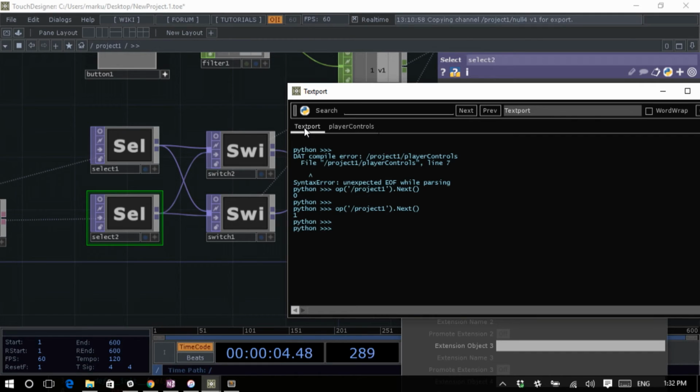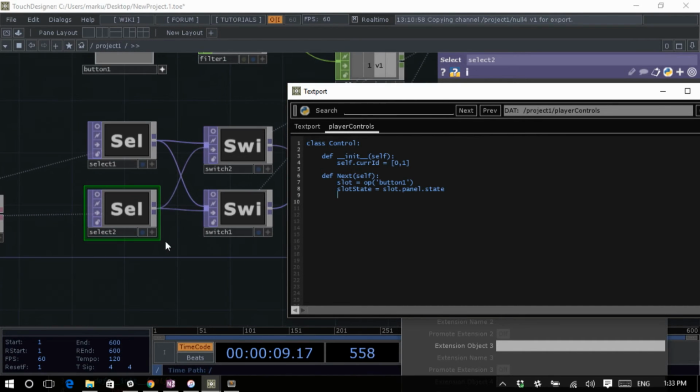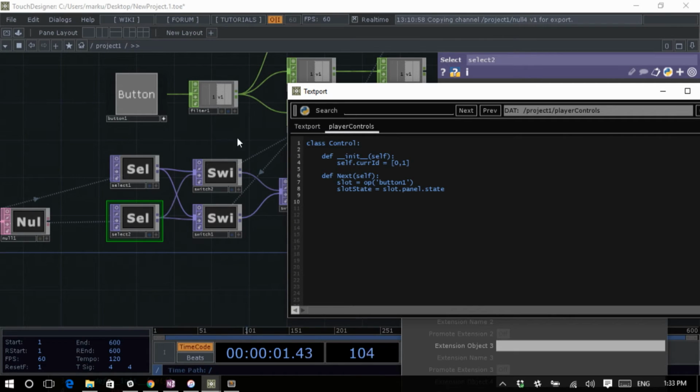If I call next now, it's returning exactly what I defined there. Если мы теперь вызовем функцию next, она нам пока выведет значение этой переменной. Okay, so if I want to know which movie ID is currently playing in the current slot that's being displayed, I can. Если мне теперь нужно узнать, какой конкретно файл проигрывается в ноде select,